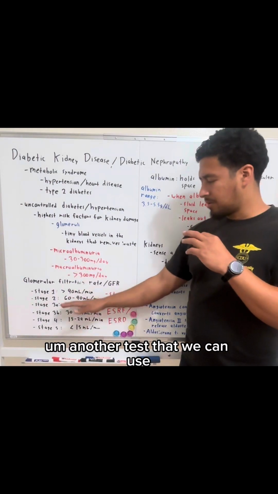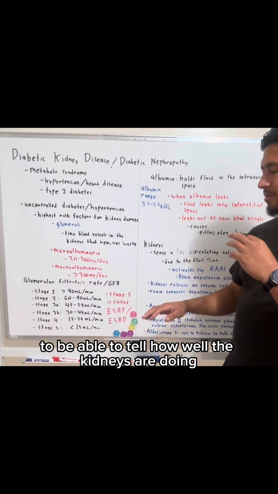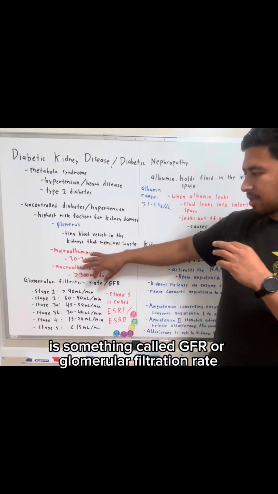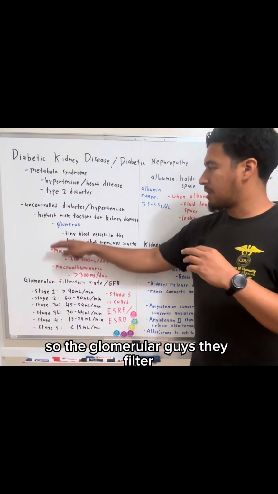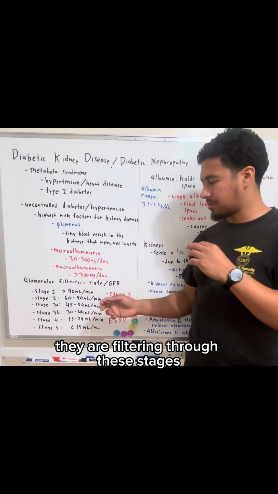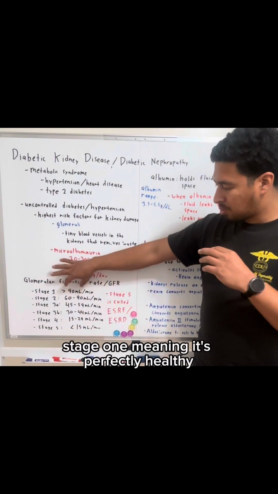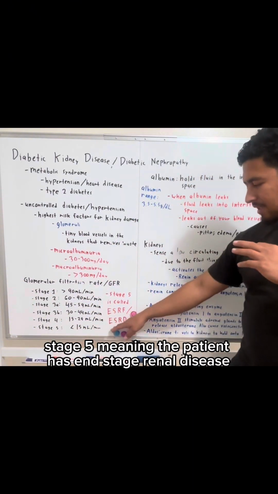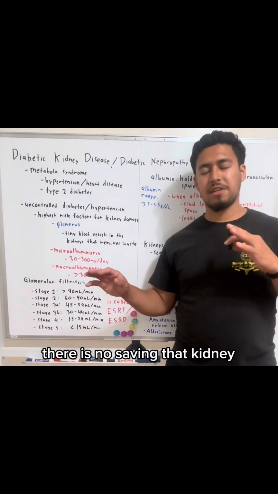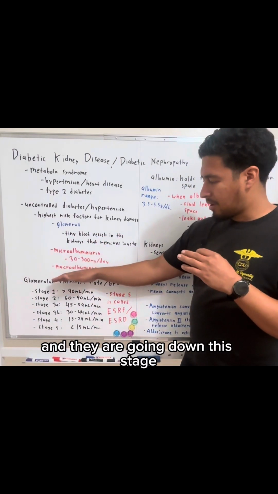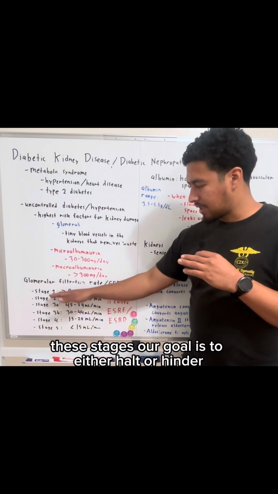Another test that we can use to be able to tell how well the kidneys are doing is something called GFR or glomerular filtration rate. So the glomeruli, guys, they filter, and we can tell how well they are filtering through these stages. Stage 1 meaning it's perfectly healthy. Stage 5 meaning the patient has end-stage renal disease. There is no saving that kidney. So guys, if a diabetic patient comes in and they are going down these stages, our goal